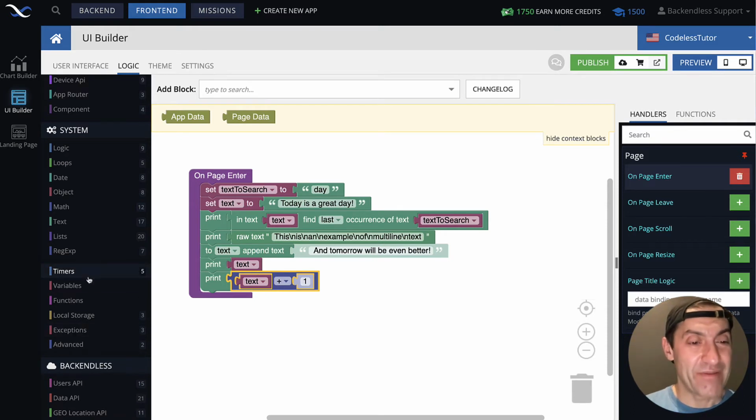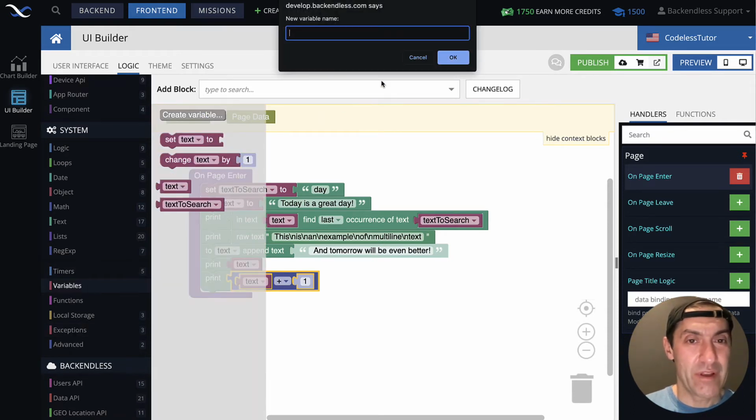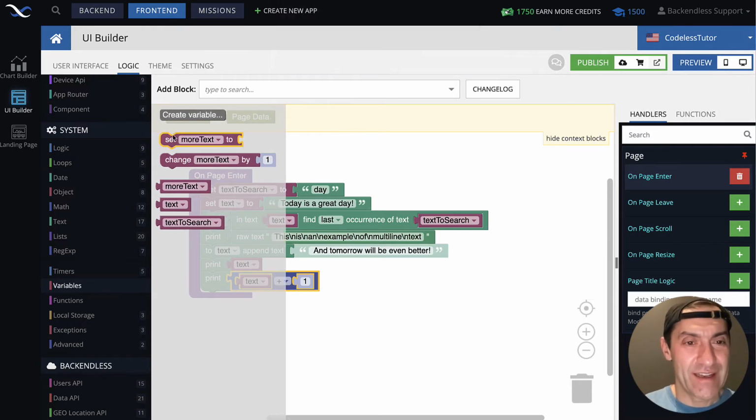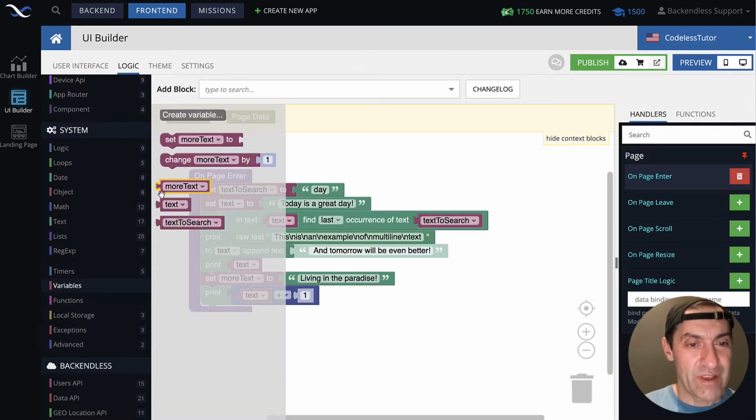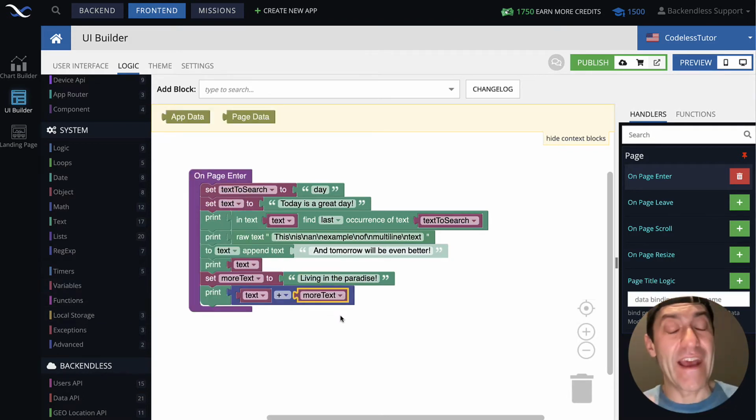So in this case, if I create an additional variable, and let's call it more text, and I will set more text right here to the value living in the paradise. So now what I can do is concatenate more text with text.